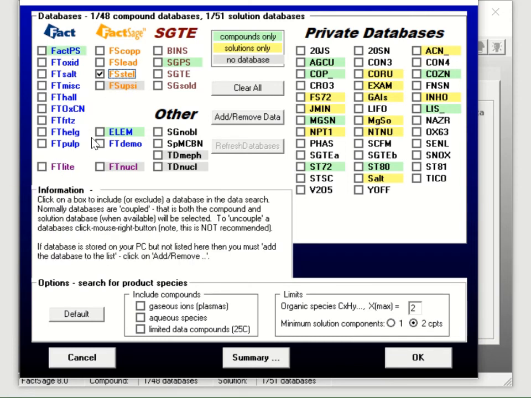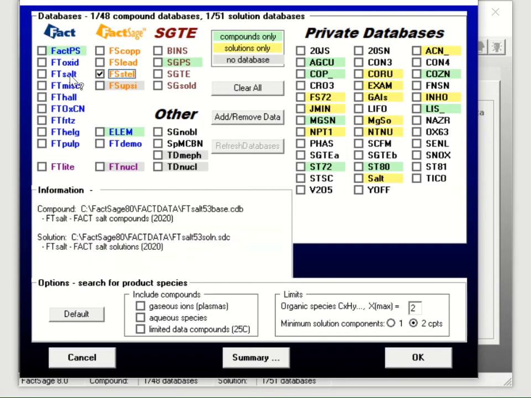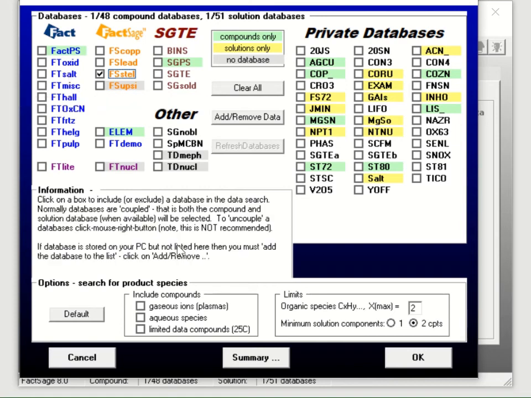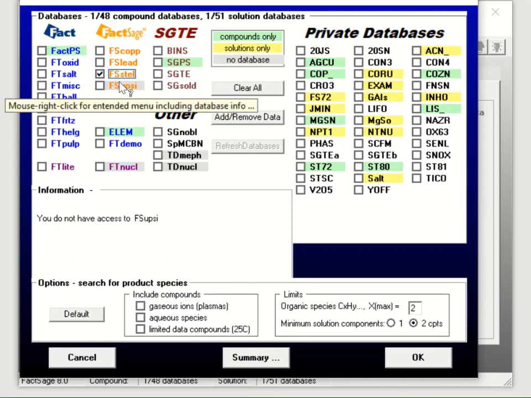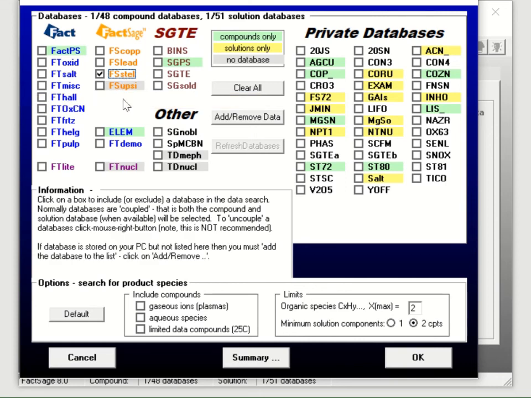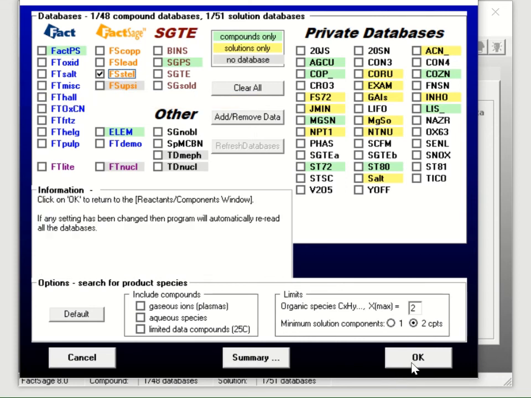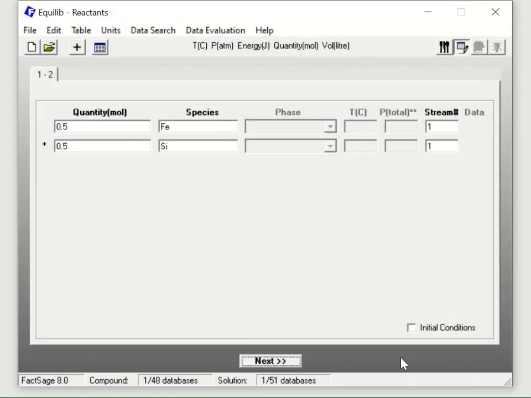Okay, and also the quasichemical model is very well used for molten salt. So this is the database FTsalt. If you click this one and do the calculation for molten salt like chloride and fluoride, you can also see this kind of bond fraction information too. Okay, so let's just click, in this case, the FSstel database to see the bond fraction information in the metallic system. And then if you go next,